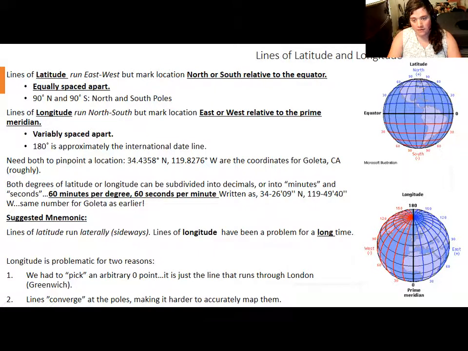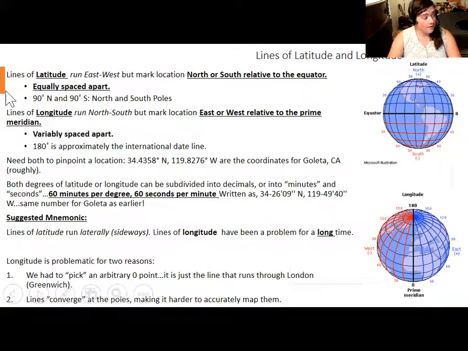The equator is a line of latitude that is 0. It is 0 distance from the equator. At 30 degrees, you have this line that is 30 degrees north. It is all the points running east to west that are 30 degrees north of the equator. Likewise, you have 30 degrees south, which is all of the points that lie 30 degrees south of the equator. And degrees are fundamentally a unit of distance measurement in this case. That's what we are talking about. The north and south poles are 90 degrees north and 90 degrees south, respectively.